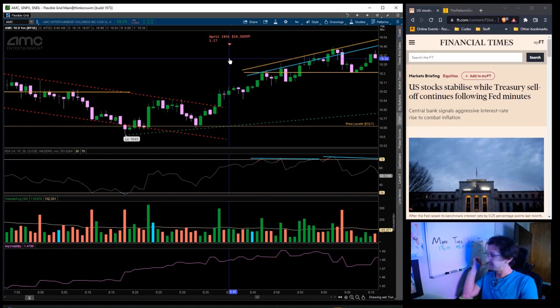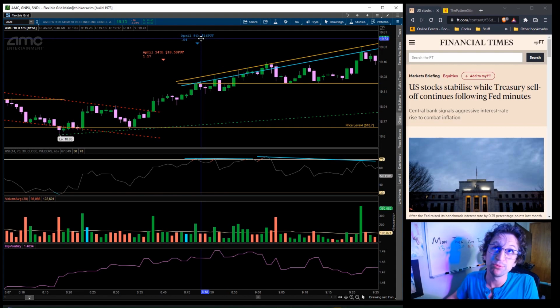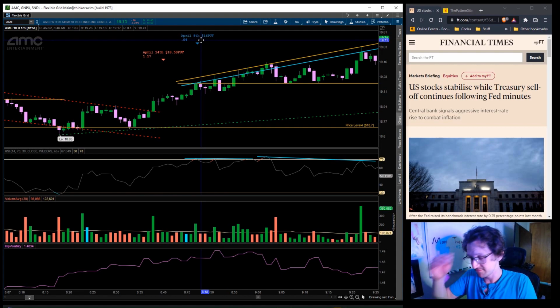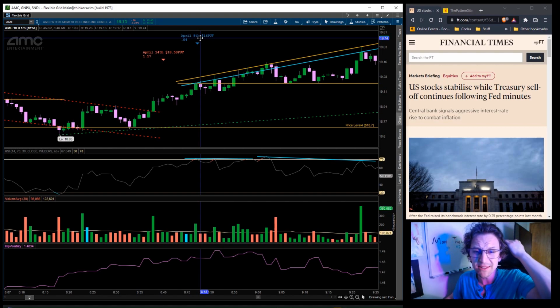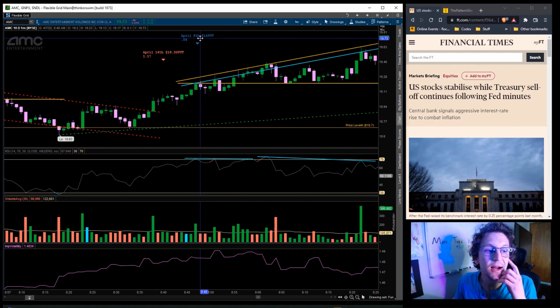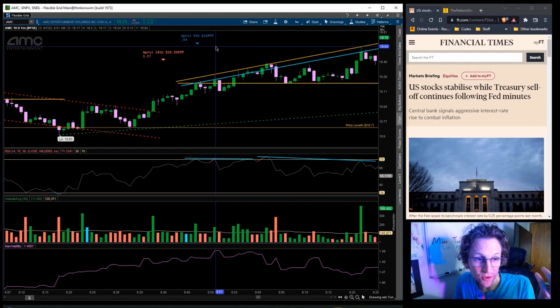And you probably can't see it, but I have a little 4 down here too. And that 4 was the cost of a trash put. I call trash puts what they are because that's what they are. They expire the week of, and they're far out of the money, and they're probably not going to perform very well. So it's okay though, because I made $22 today. If I spend 4 of that and I lose all of it, that's perfectly okay.